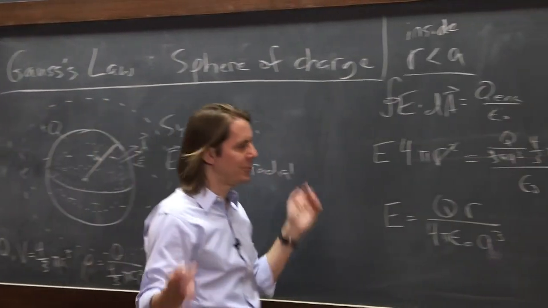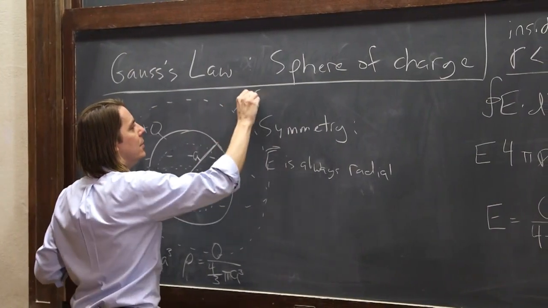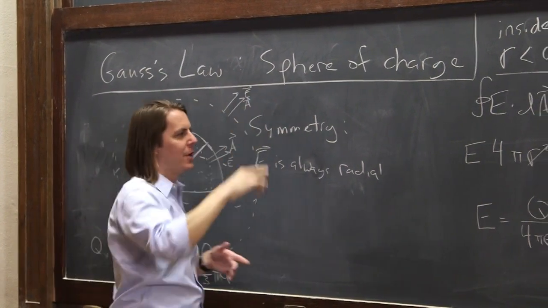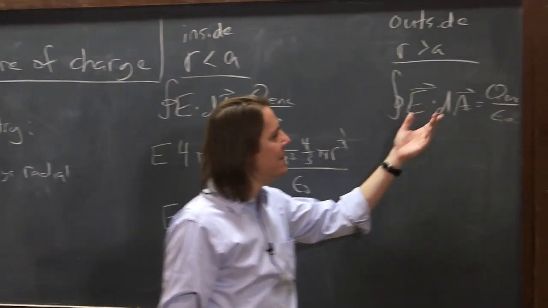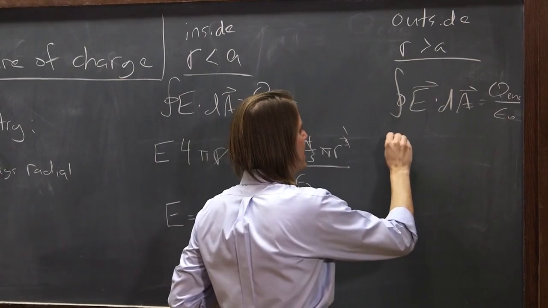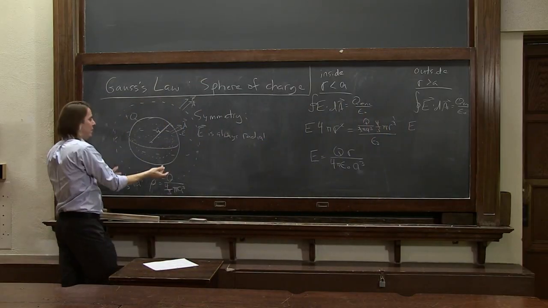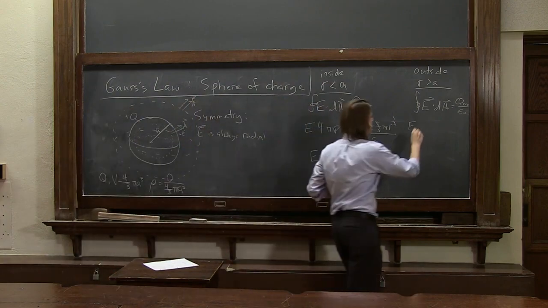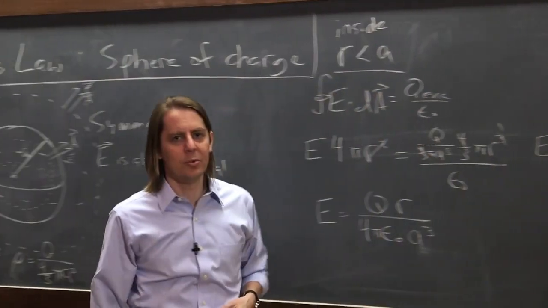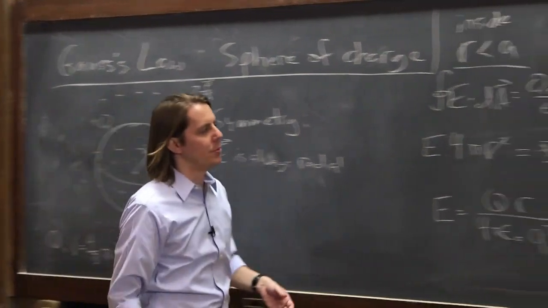Well, all the arguments are the same. The E field has to be along the radial direction. A has to be along the radial direction because it's a sphere. They're the same direction. The dot product goes away. The E field has to be constant because it's all in the same radius around the sphere. So again, you just get E. And the area of the Gaussian surface, at radius r, is 4 pi r squared. E equals Q enclosed. Well, that's much easier this time because it encloses the entire charge. So it's just plus Q